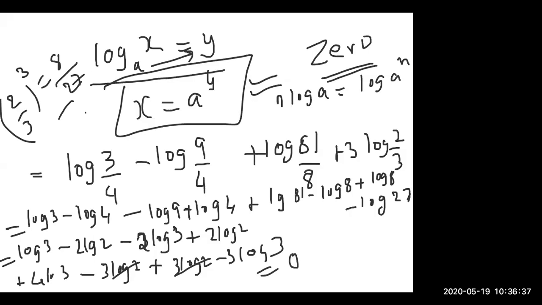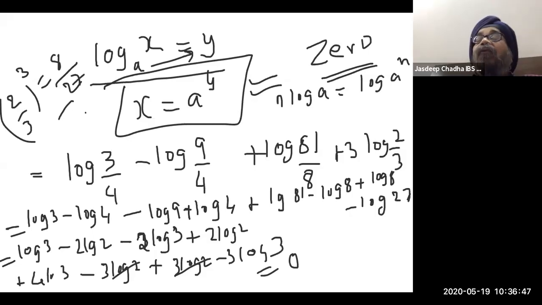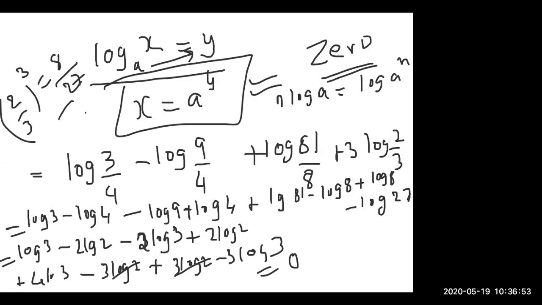Can we do a simpler method? Like, can we put log in the starting and then in the bracket 3 by 4 multiply by 4 by 9 multiply by 81 by 8, then we can multiply, divide, and they all get cut out. See, if you have any other method, you get the same answer. I have no issues. There are different methods of doing it, only one step.